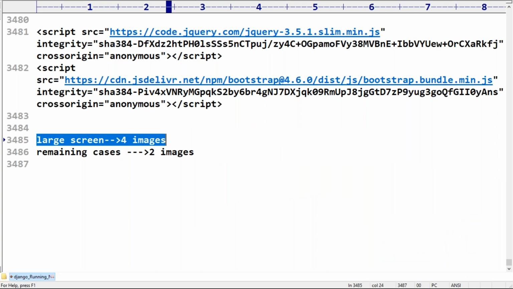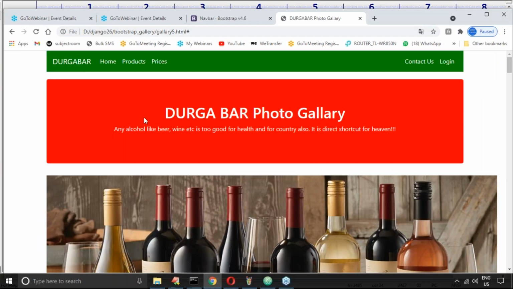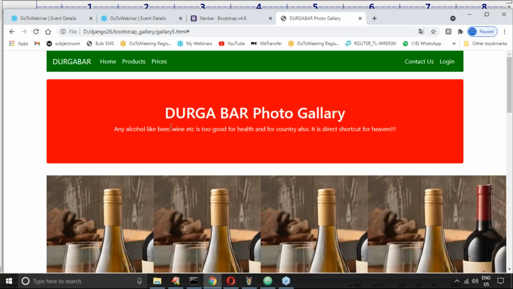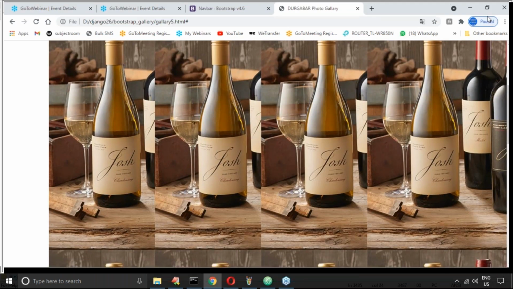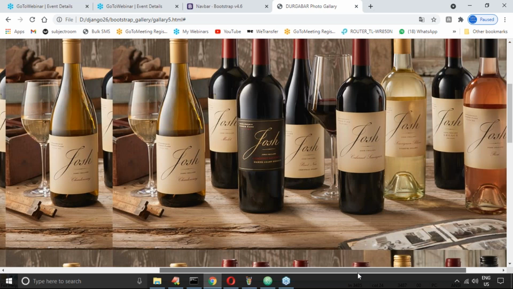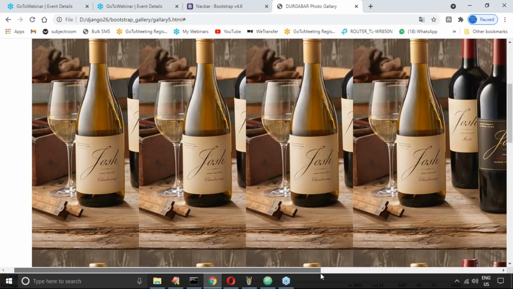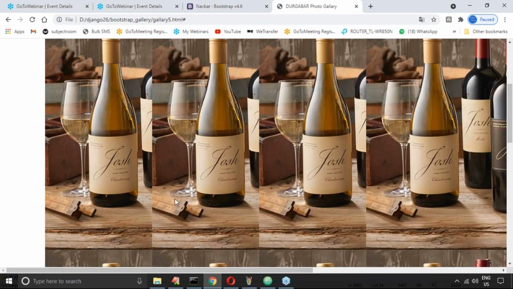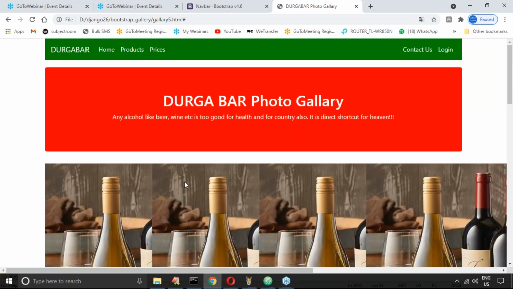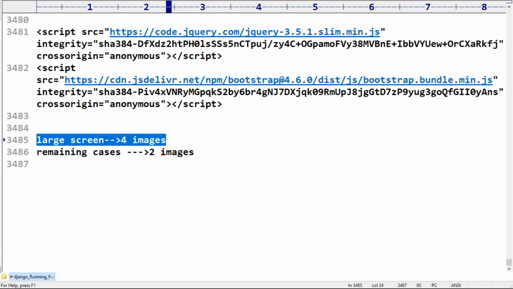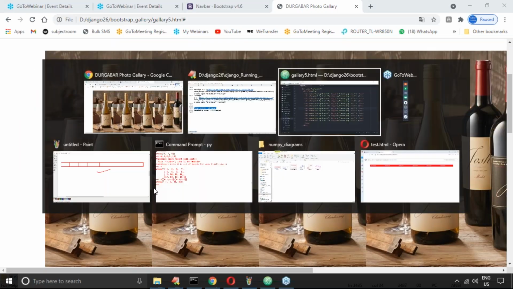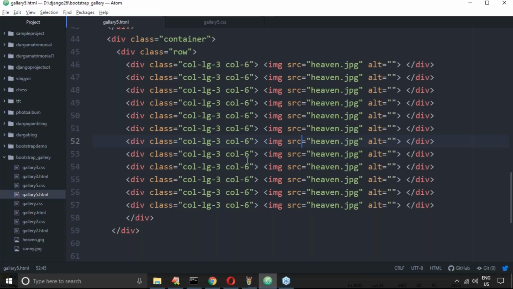Getting it right? Yes, that's what I intended. Now, have you observed? I observed something that is not what I expected. Of course, in CSS we can do it, but I don't want to go for CSS. What I want to show now is how to place images properly.